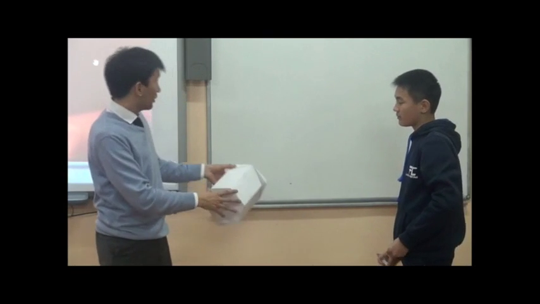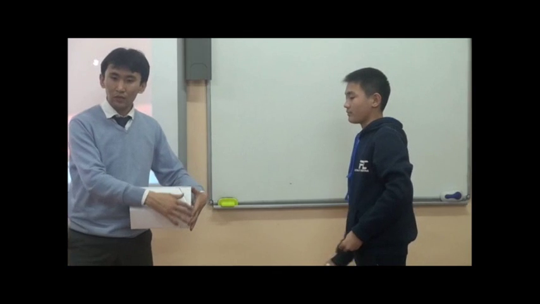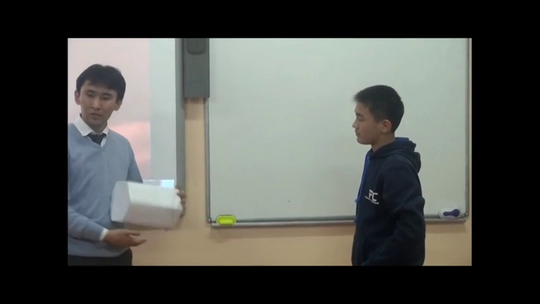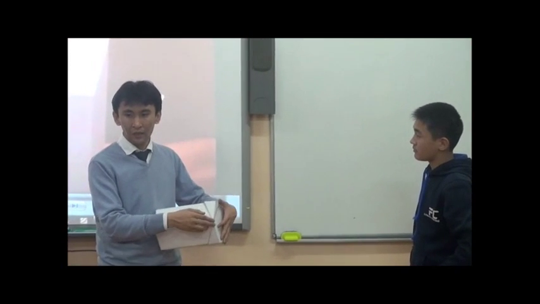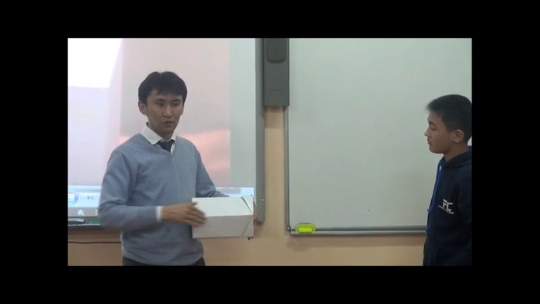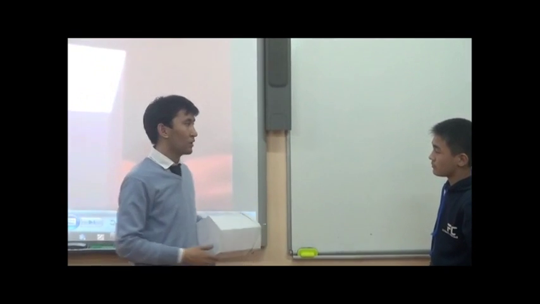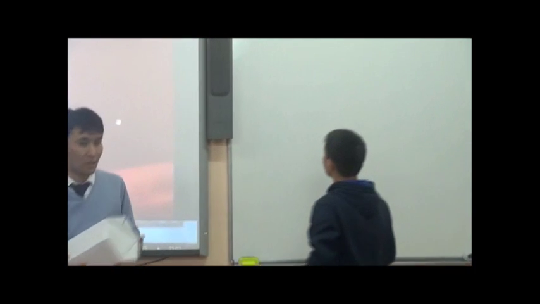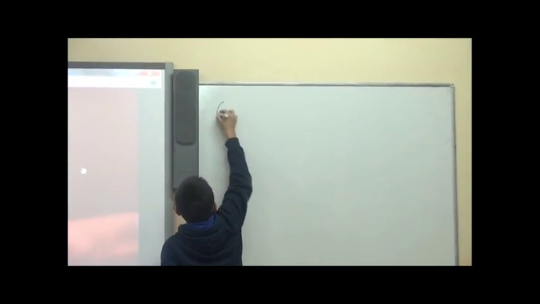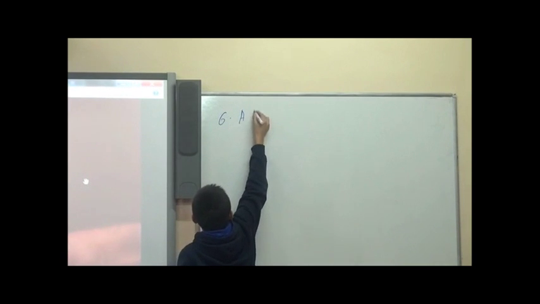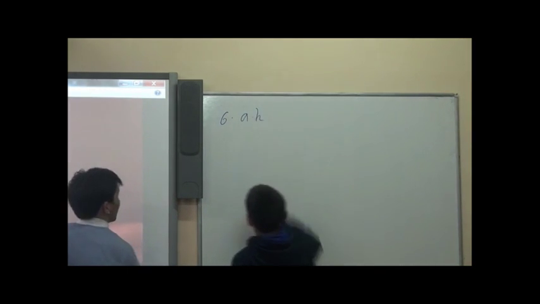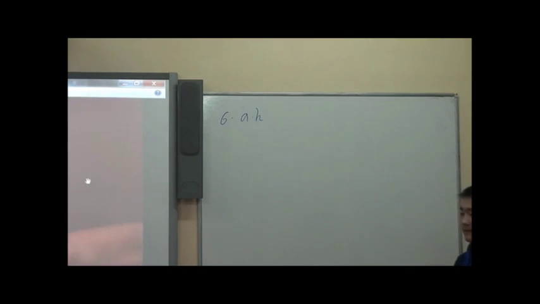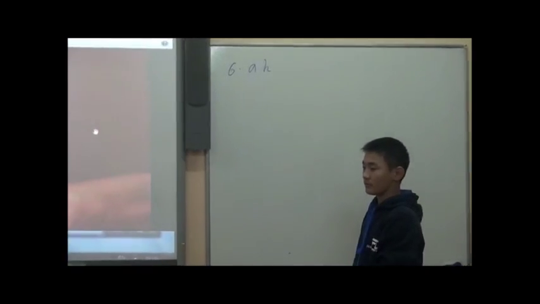Now the first, lateral face area. Write down. Here we have rectangles. How many rectangles do we have? 6. Let's denote this base as a, and let's denote this as h. Then the area of this one is a times h. How many times do we have? 6 times. 6 times a times h. Not capital letter, but smaller. Now 6 times a times h, and we have to subtract from that